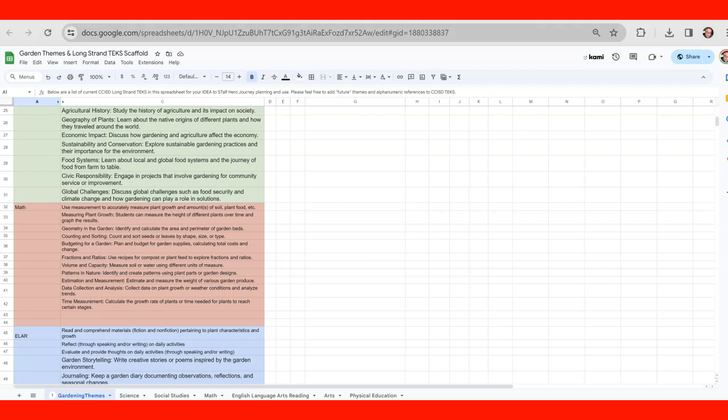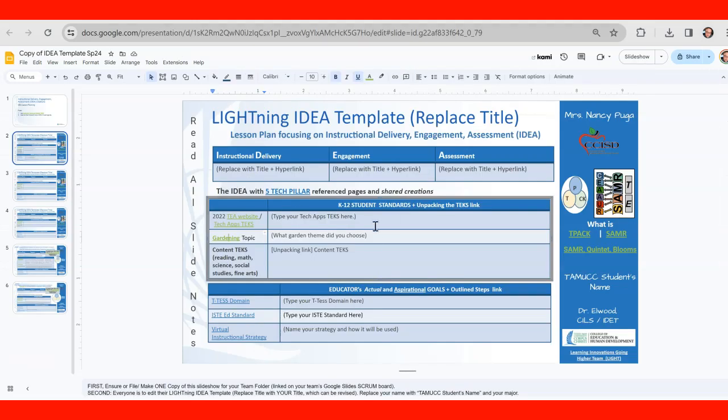So I am going to go ahead and go to my idea template, and I am going to use ratios to